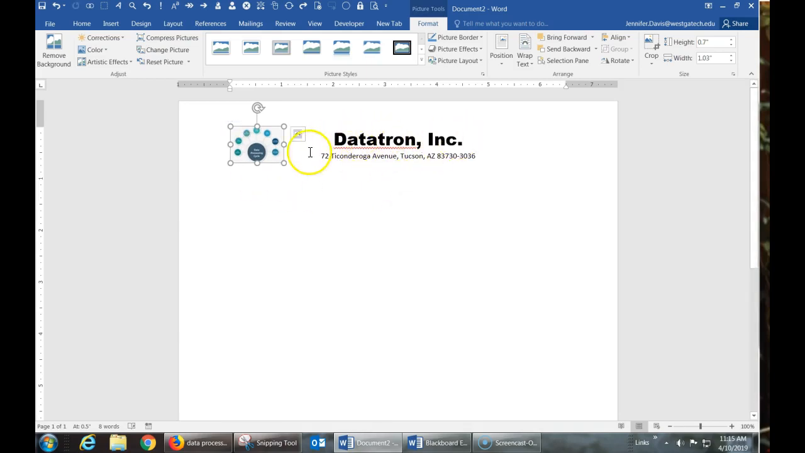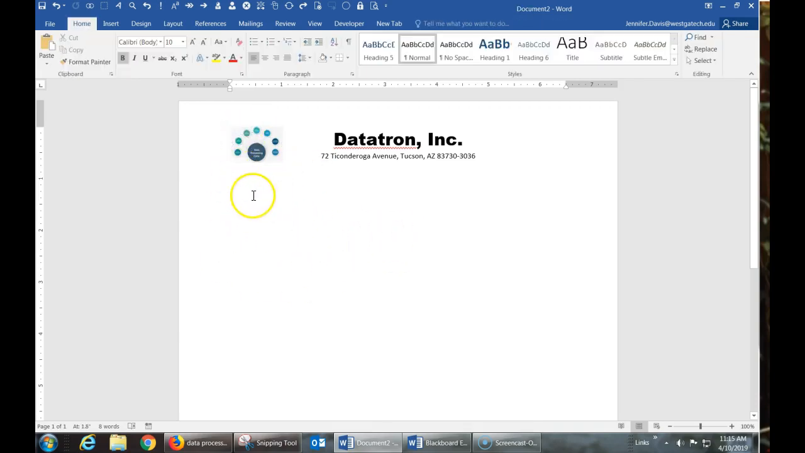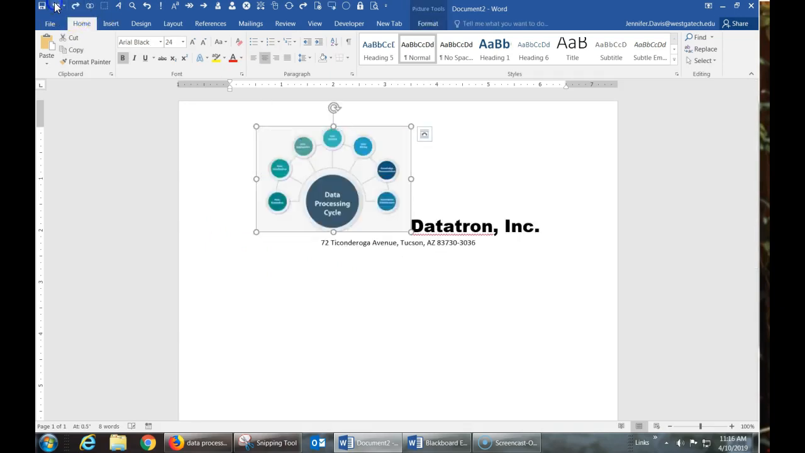The Datatron Inc. name and the physical address are nicely arranged in line with the logo. And I'm just going to click out. So there's my logo. You don't have to use a logo. If you want to use a logo, you can use one. You can do other things. If you don't want to have a logo, I'll show you what else you can do to make your paper